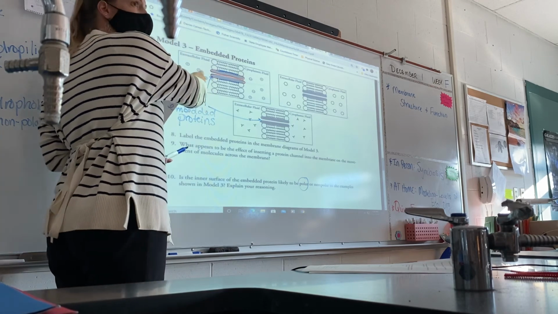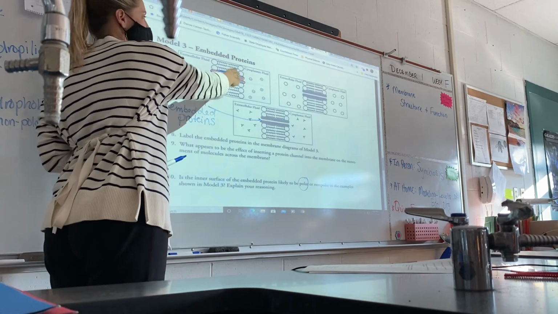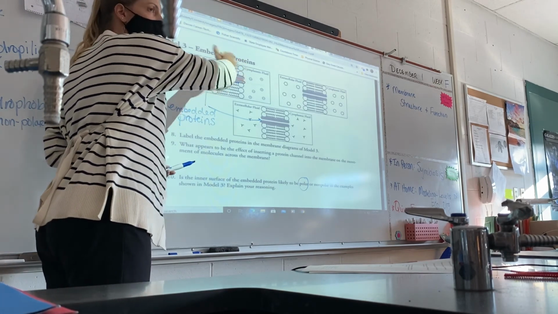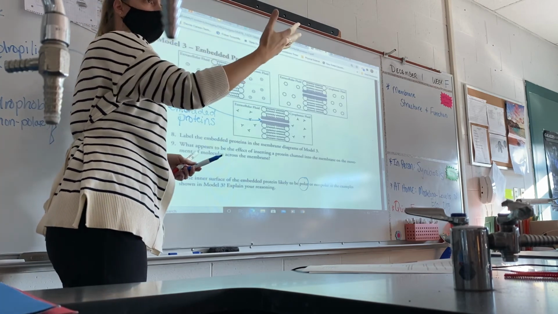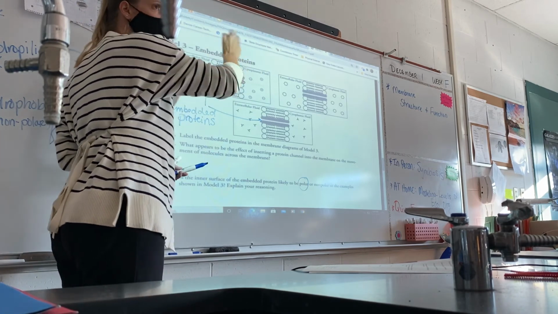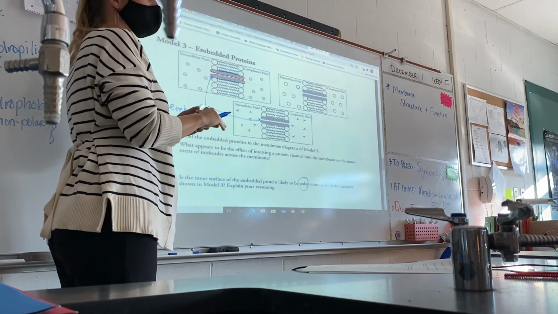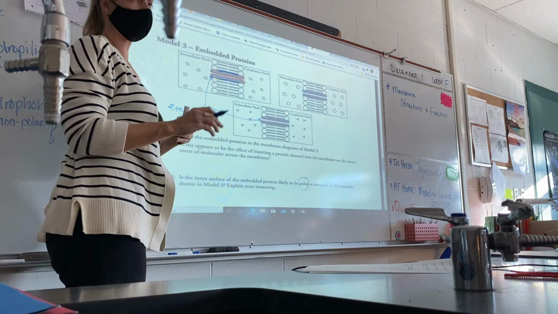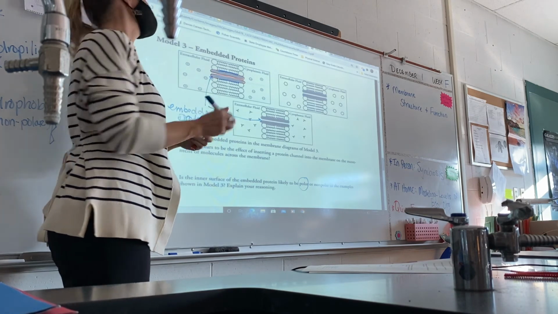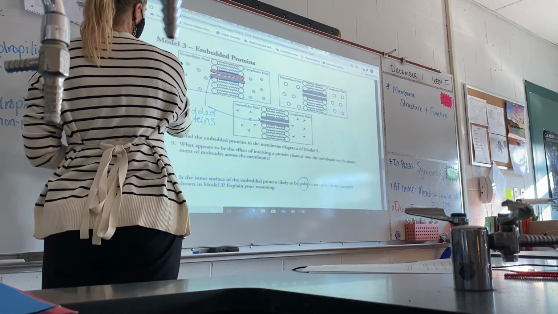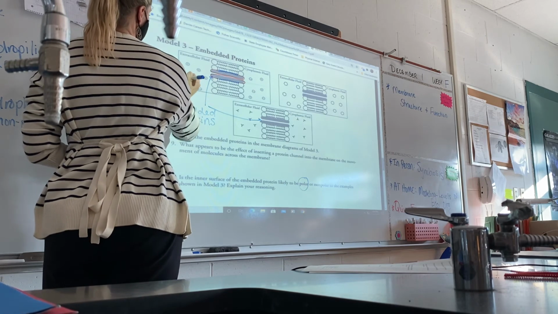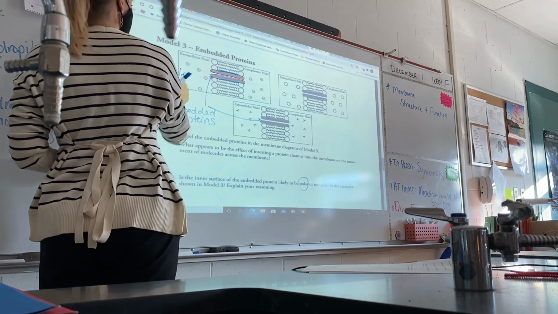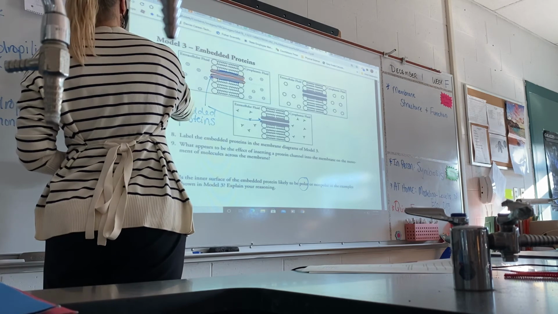But for this, I want to tie it into our biochemistry unit, right? So we've got proteins here, and those proteins are almost that amphipathic nature as well, where there's some polar regions, some non-polar regions. So do you guys remember what the building block of proteins are? What's the monomer? Amino acids, right? And we know all amino acids have that same general structure. We've got the central carbon, an amine group, carboxyl group,